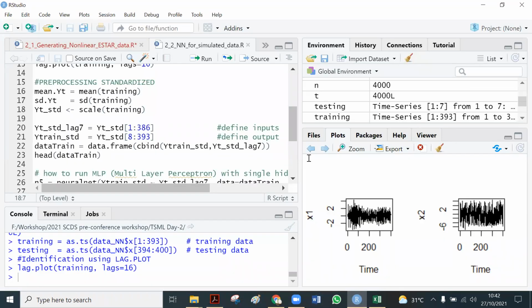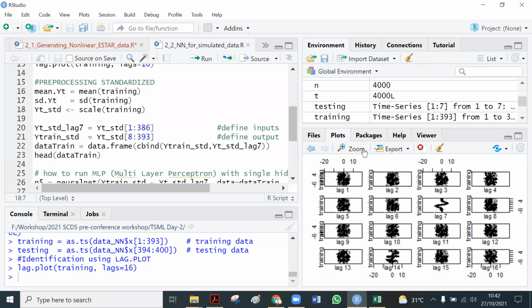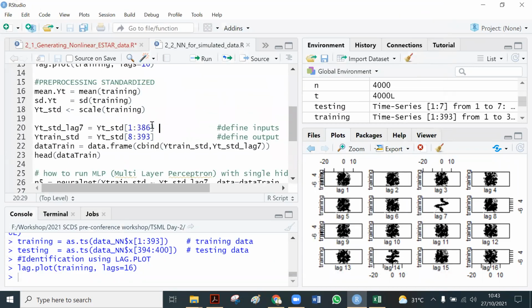So we learn from the lag plot. The lag plot informed that in lag 7 there is a relationship, whether linear or non-linear. Because in the other lag plots, they show a weak or not significant relationship because they spread randomly. But in lag 7, it shows a very strong relationship. Therefore, we choose lag 7 as the input. We choose lag 7 as the predictor.